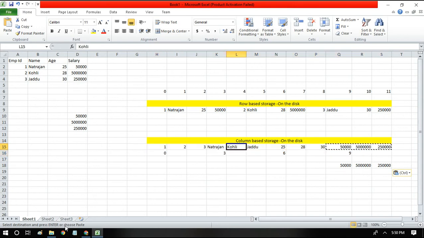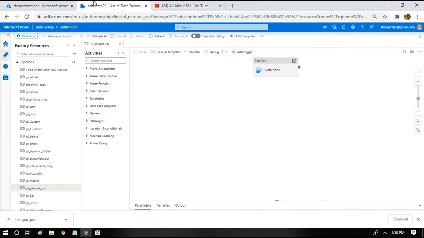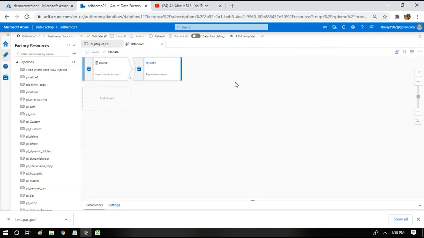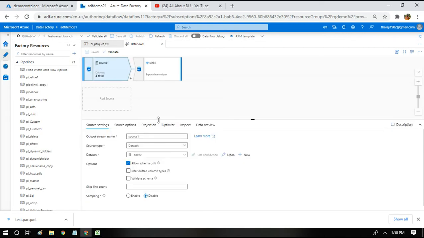All right, coming to the Data Factory part now. I have a data flow activity, which is going to be my simple activity. What I'm trying to do is convert a CSV file to a Parquet file. What all do we have to do? It's so simple. I'm just pointing to my CSV file. If you open and look at the data, you'll understand.